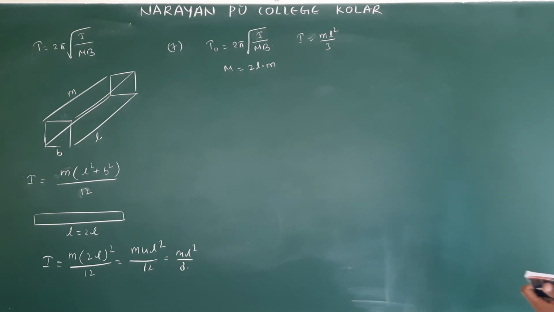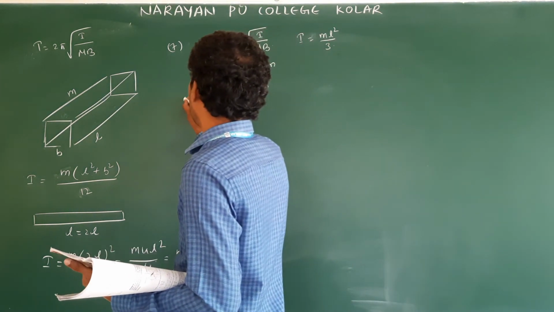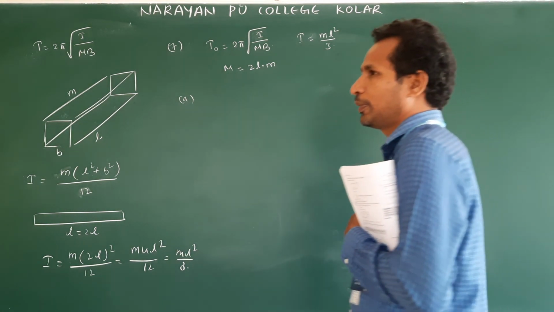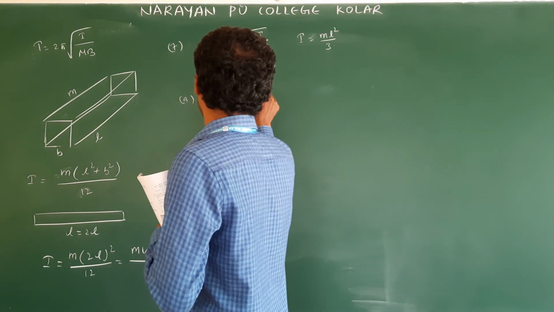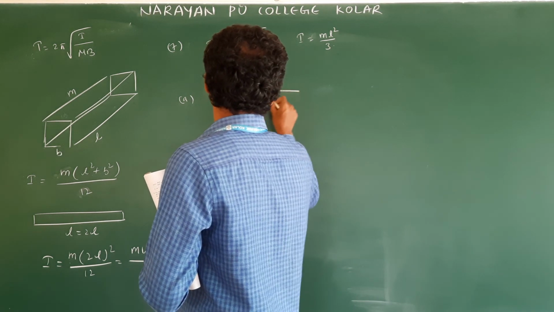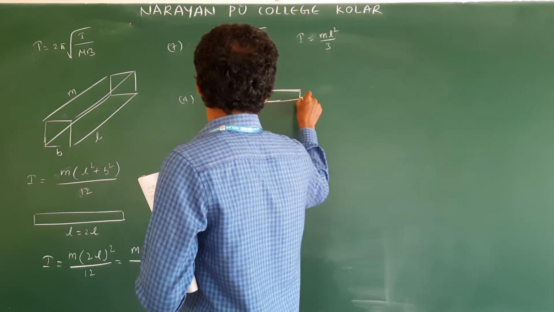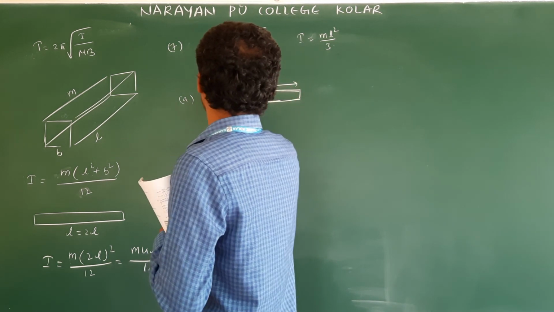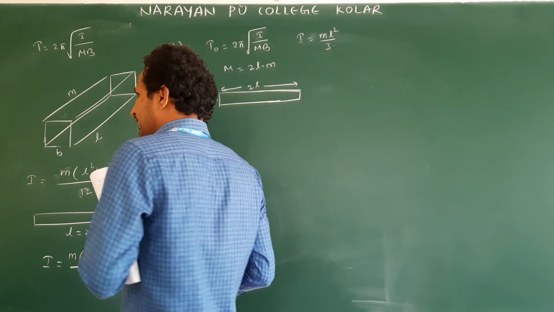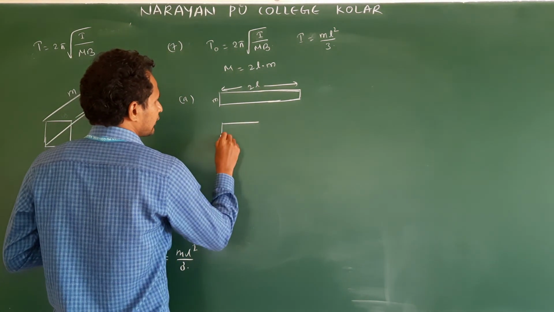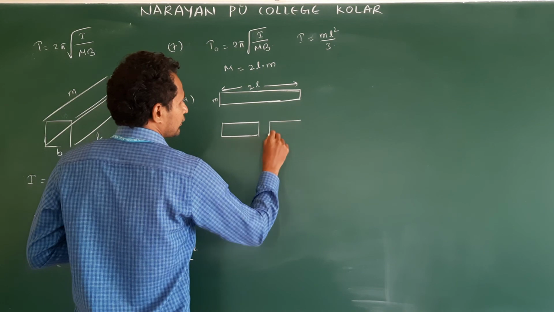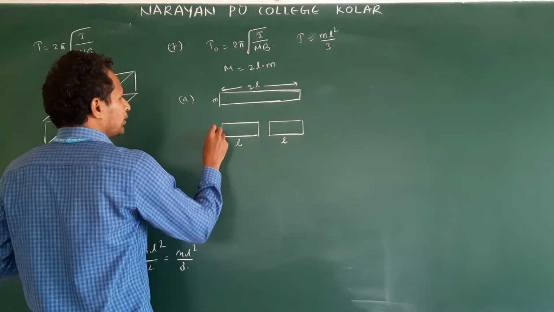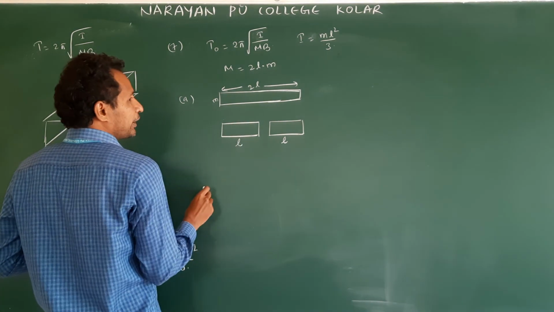Clear? Now what is the first cut? A. They made a cut perpendicular to its length. Perpendicular to its length means like this. Previously, this is the original magnet, pole strength m, length 2L. This magnet is cut like this into two pieces. Then the length changed. This will become L, and the mass will become m by 2.